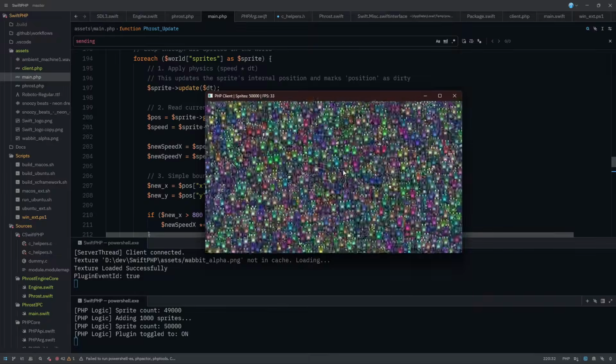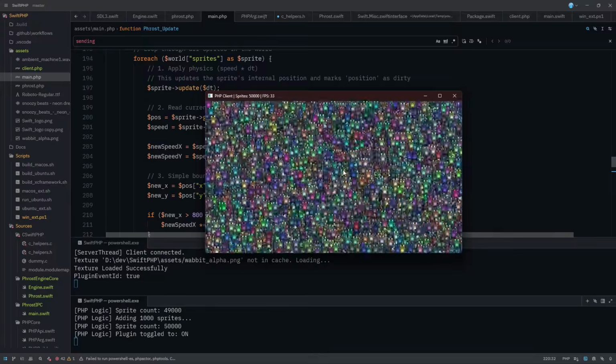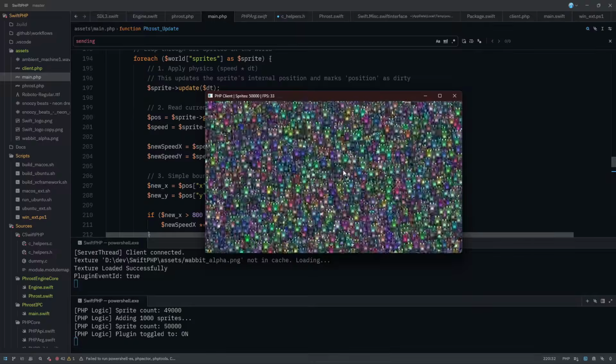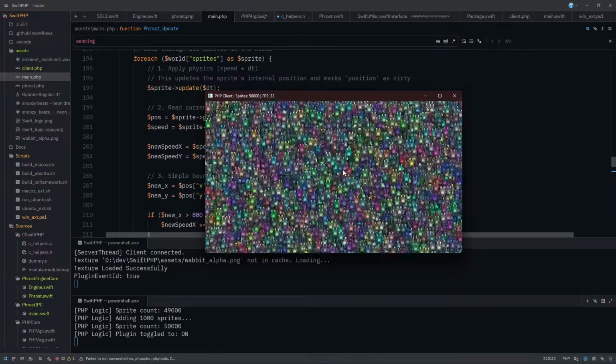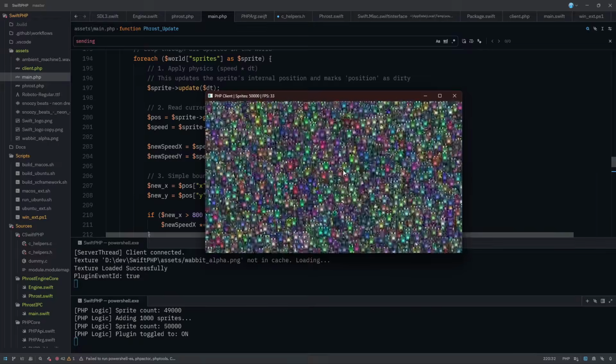One of the reasons I've chosen Swift for the backend native code is, first, it's a lot easier to learn than C or C++ or Zig or Rust. It has concurrency and parallelism built in, but also with strict concurrency flags turned on for compiling, you get things like